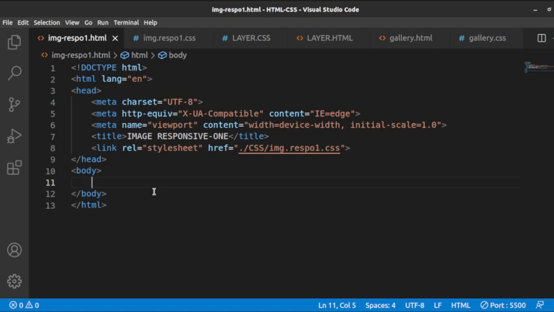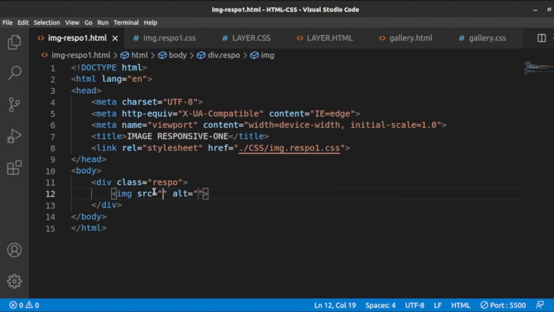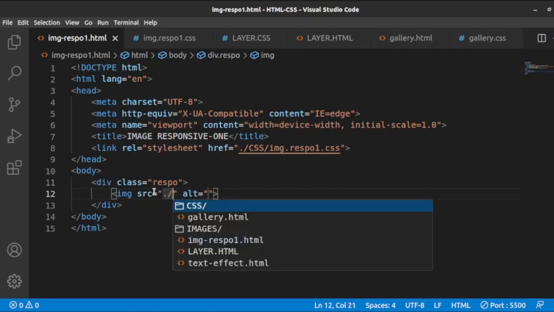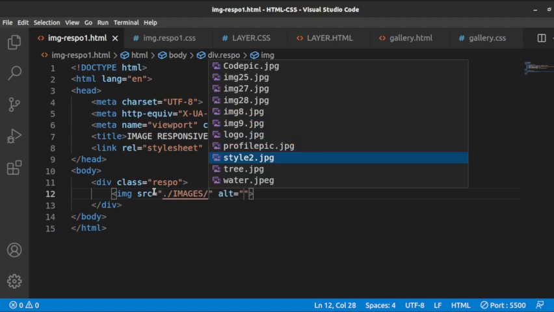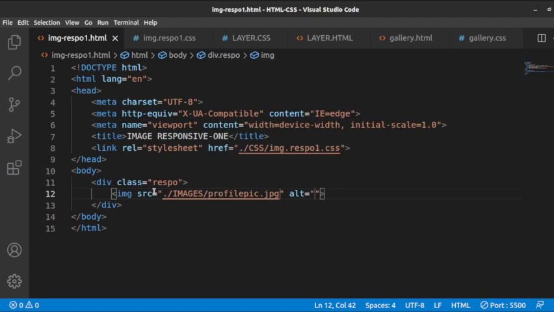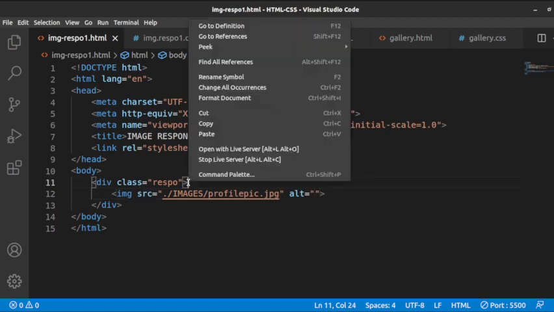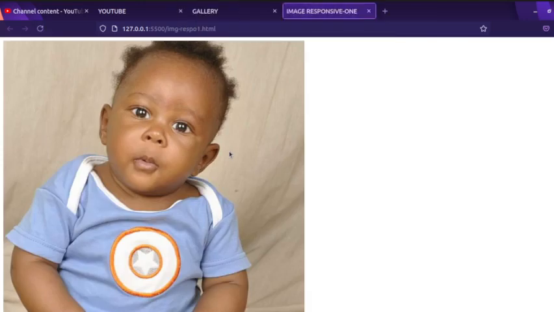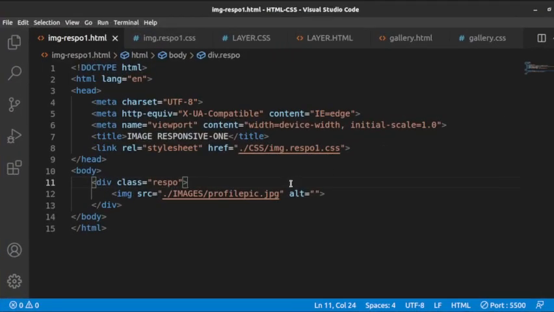we can create just a class, maybe .respo, then we put in an image here, that could be one of these images. Okay, an image like that. We can open this with a live server, and here is my image. So that's how big my image is, but then I could as well quickly go to